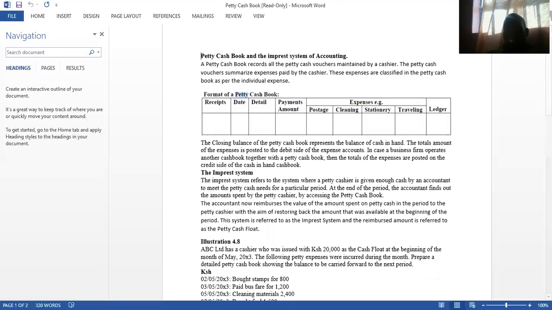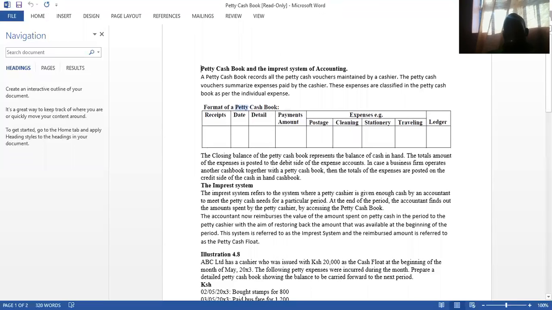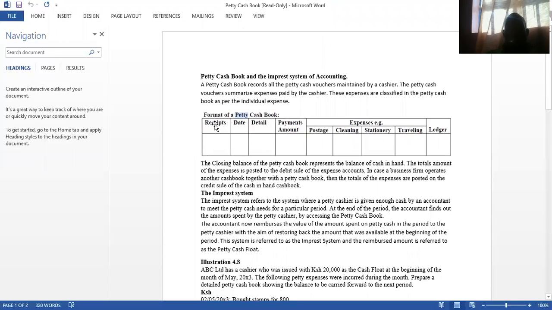You'll find that the petty cash book will have this kind of format. It has the receipt column. The receipt column is used to record the float amount. It has the date the petty transaction took place, the details, which is the name of the petty transaction, the total amount that was paid in that petty transaction,